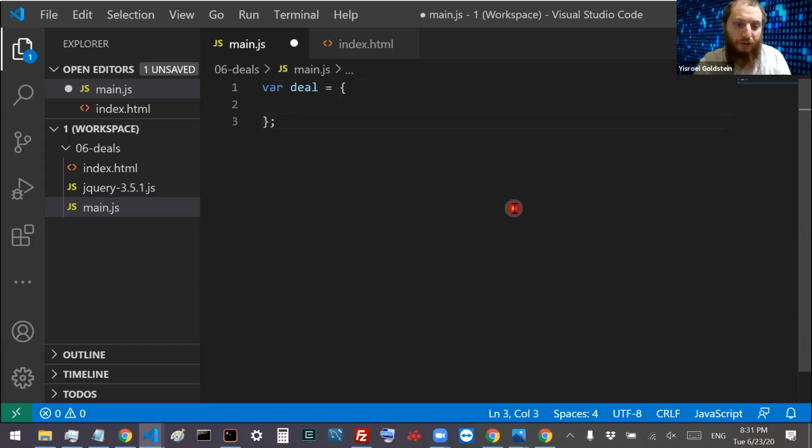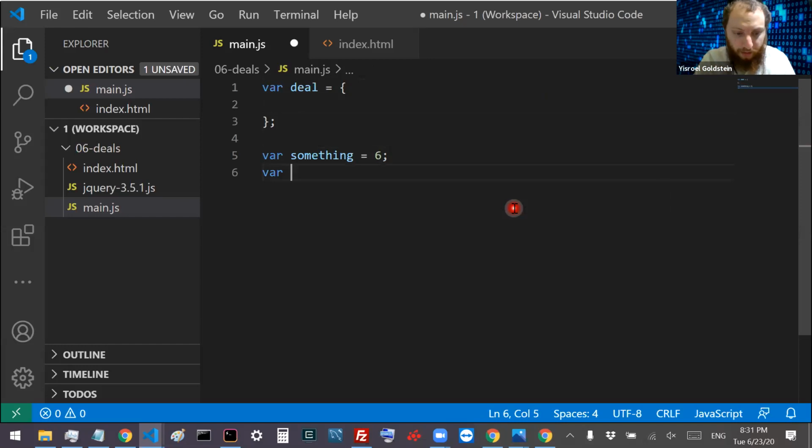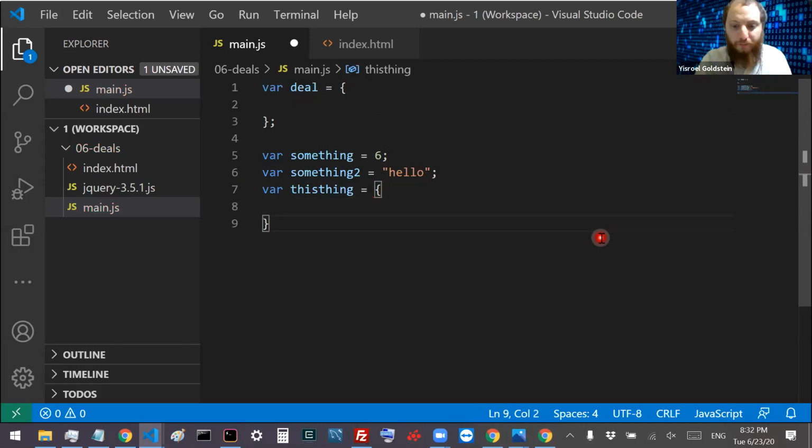Similarly to having var something equals 6 and var something else is hello, you can create a variable, this thing, that equals an object. And inside of this object, you can have more variables, each one with their own name, such as,